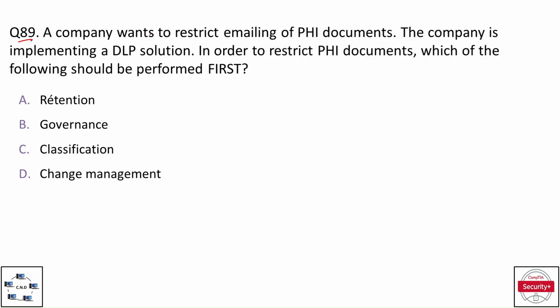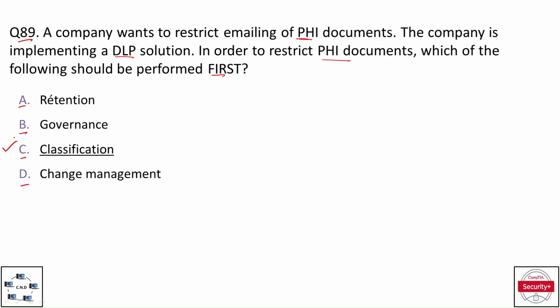Question number 89. A company wants to restrict emailing of PHI, that is personal health information documents, or patient health information documents. The company is implementing a DLP solution, that is data loss prevention solution. In order to restrict PHI documents, which of the following should be performed first? The options are option A, retention, option B, governance, option C, classification, and option D, change management. And the correct option is